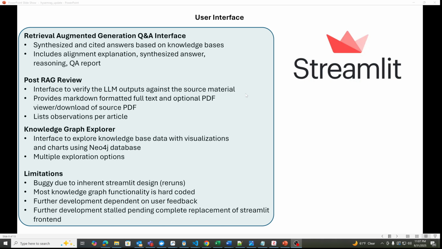The user interface right now has the retrieval augmented generation Q&A interface, the post-RAG review interface, and the Knowledge Graph Explorer. Limitations with the existing front end are that it's buggy due to the Streamlit framework, where each interaction basically reruns the entire page. Most of the knowledge graph functionality is hard coded to specific values, so if you want to see more than, say for authors, more than 20 authors, you can't really do that right now until we migrate to a different front end